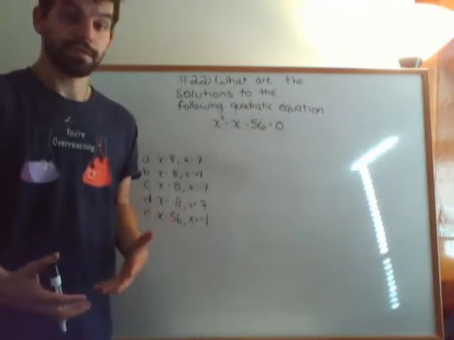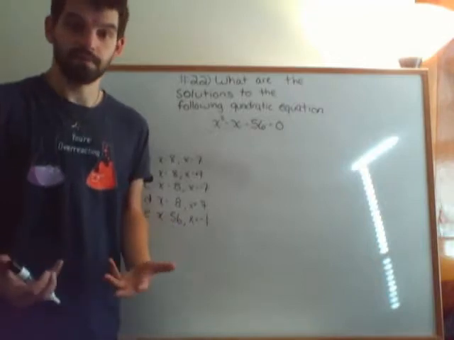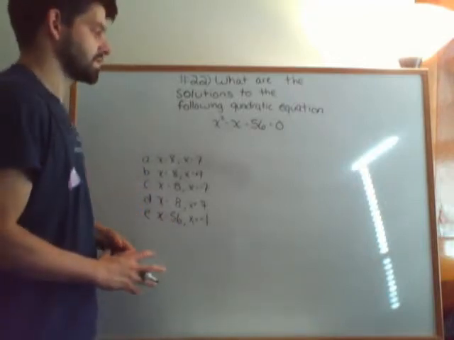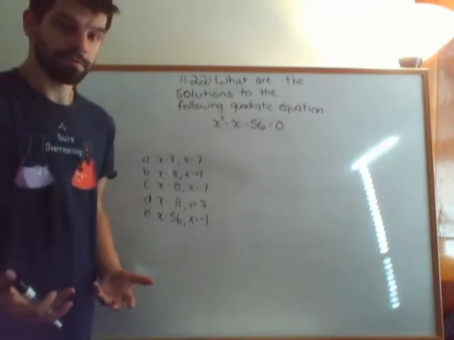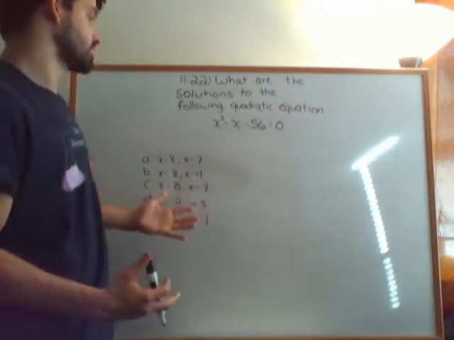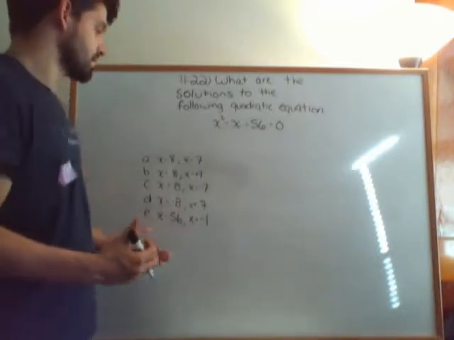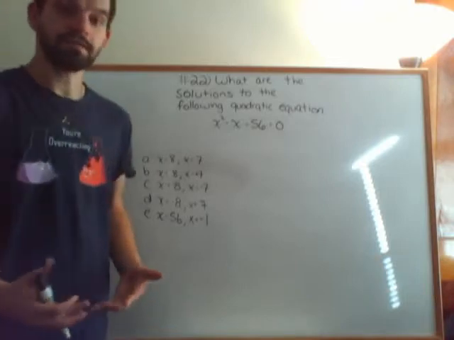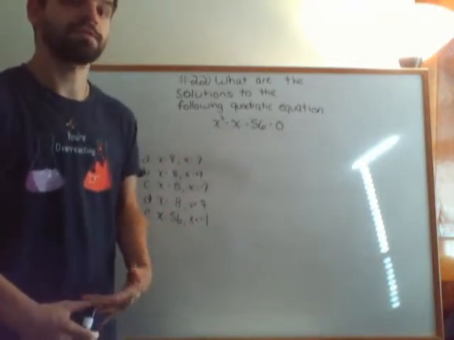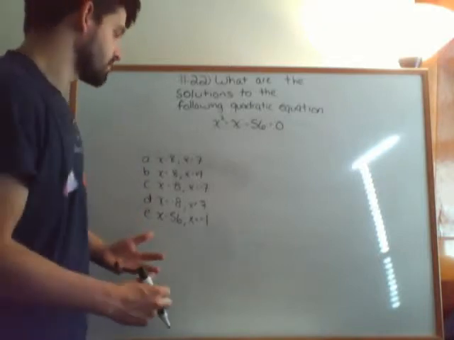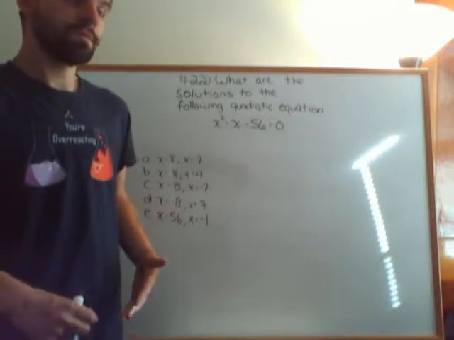Now, there's two ways that you can approach this, and what it really comes down to is what you're more comfortable with. The two ways are using the quadratic formula to directly solve for your roots. There's going to be two of them, as a quadratic equation always results in two solutions. The other technique is factoring this quadratic and then setting each of your factors equal to 0 and solving for your roots. I'll definitely be showing you each of the steps in each of these techniques, but before we do so,